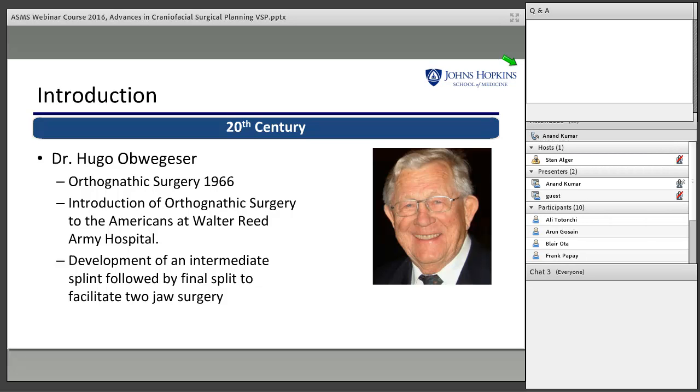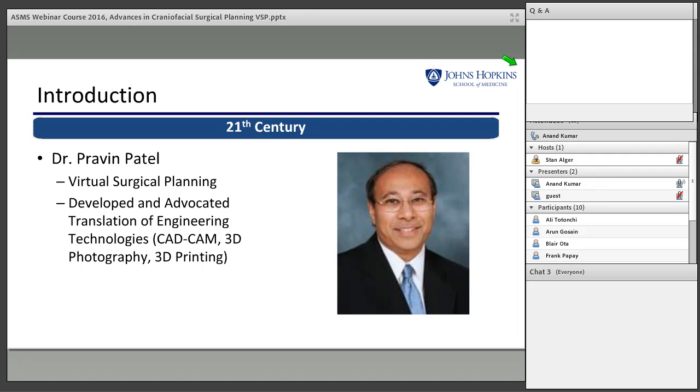And he introduced those techniques at Walter Reed Army Hospital and really brought the revolution of facial skeletal surgery to Americans in 1966. And I think the development of an intermediate splint followed by a final splint really facilitated the ability to move two jaws in space, separated by individual osteotomy and then segment control followed by plating and then a sequential osteotomy. But really, I have to give credit to Praveen Patel, who's been pushing virtual surgical planning